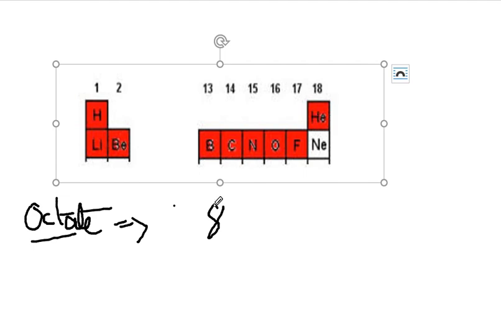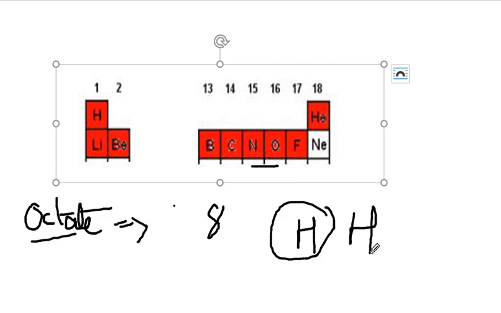Like, let's say some halogens, then oxygen, nitrogen. These are the elements having 8 electrons in the last shell. And in the periodic table, especially S block elements and P block elements follow the octet rule, except hydrogen, helium, lithium. These are some elements that follow the duet rule. Now duet rule is where the last shell has 2 electrons.